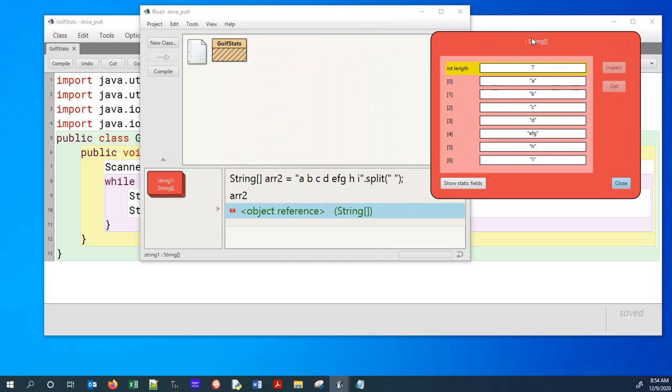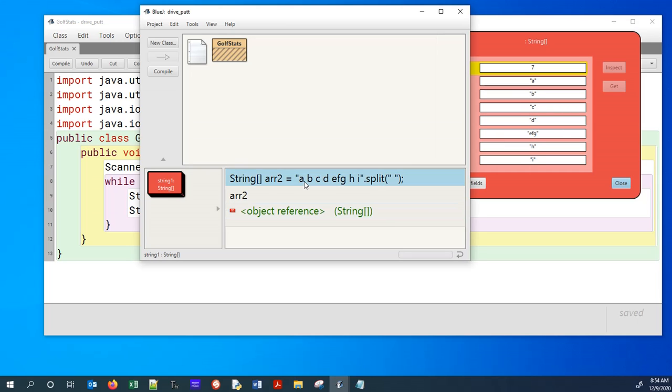You'll see that EFG did not split apart because that was all one word, right? But all the rest were split. Notice there are no spaces in our array because whatever you split around doesn't get included in the array. That's where it divides it. So I got the A, skips the space and makes a new spot for B, C, D, E, F, G,